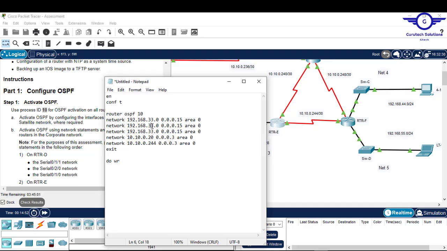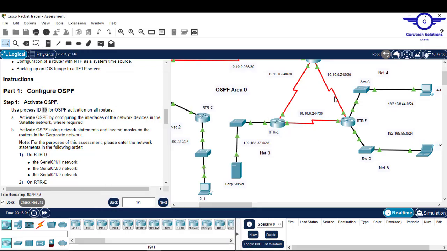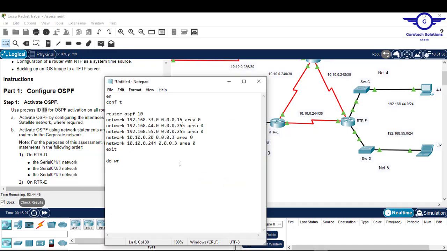The second one is 44 and the third one is 55.255, and the other ones are 244 and 248, 244 and